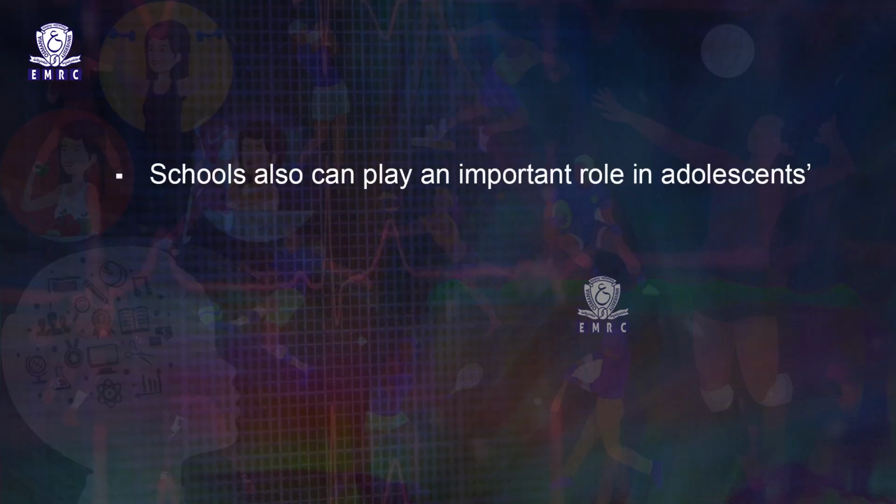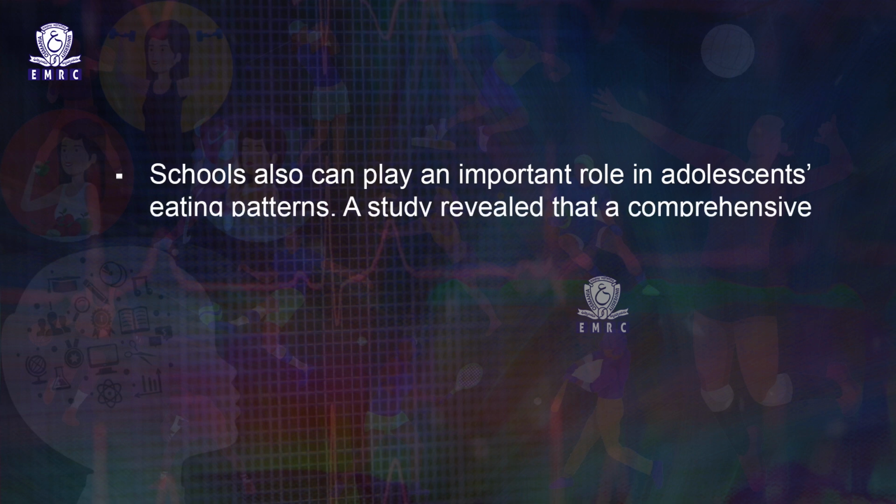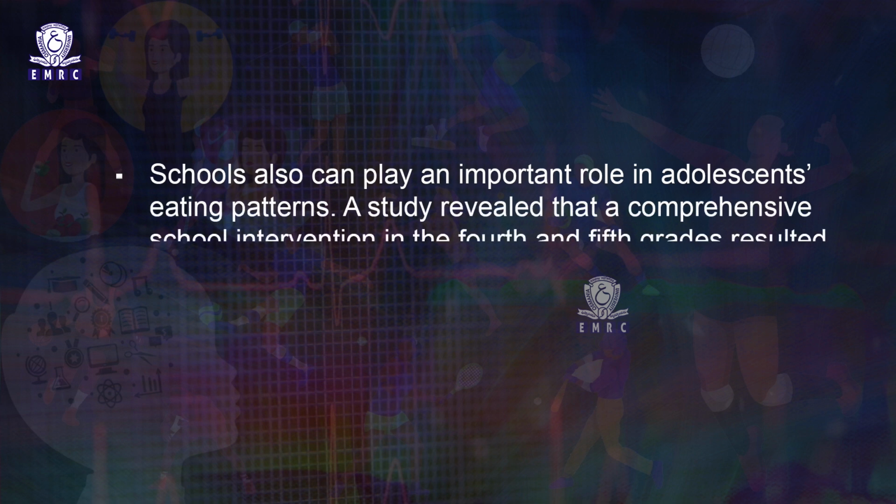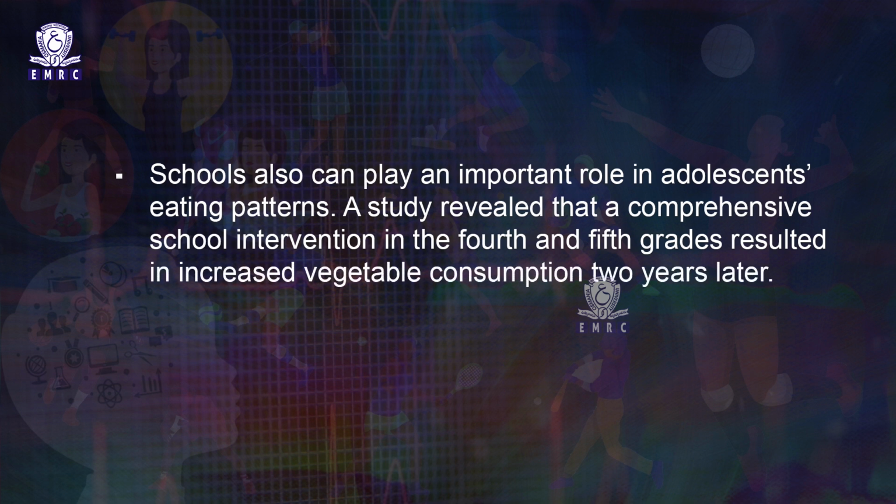In the same study, adolescent boys who had better family functioning also had more frequent family meals, ate breakfast more often, and consumed less fast food. Schools also can play an important role in an adolescent's eating pattern. A study revealed that a comprehensive school intervention in the 4th and 5th grade resulted in increased vegetable consumption 2